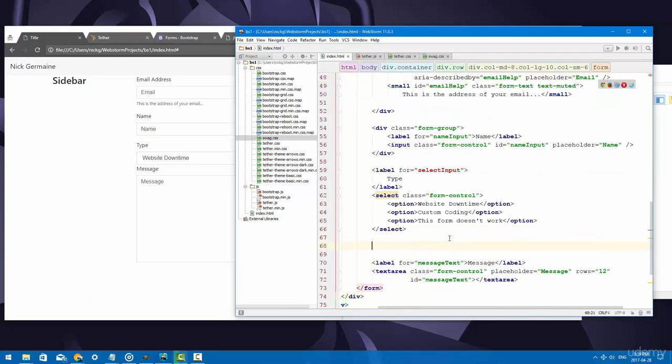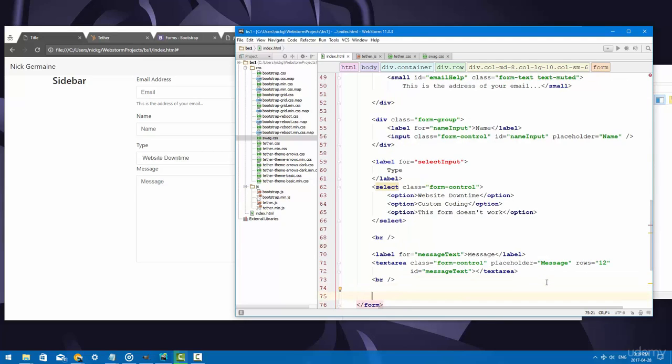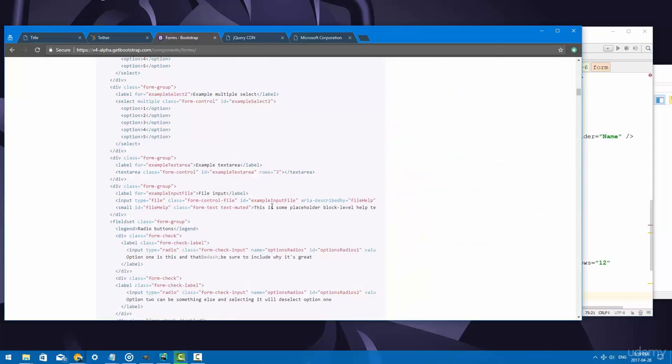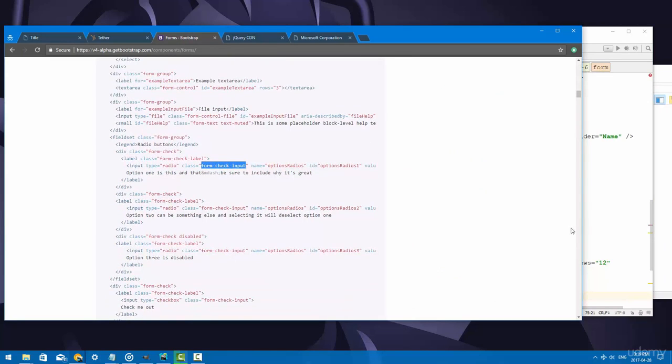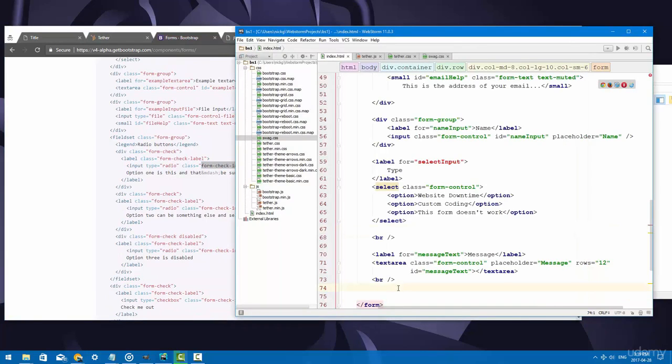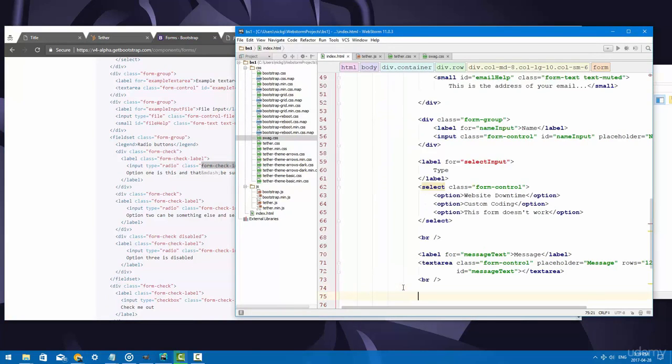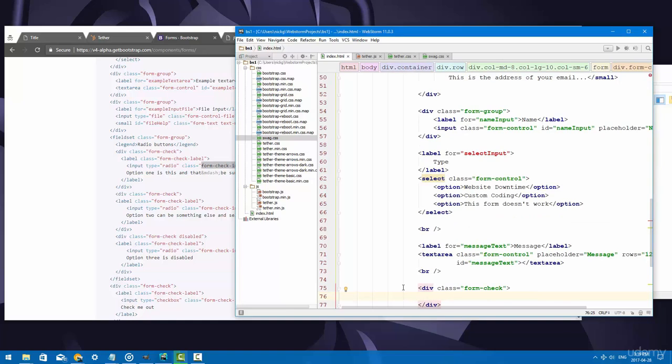Now, the one other thing we're going to talk about is checkboxes, and I'm going to put a line break here. We're going to talk about checkboxes right now, and then we're going to start talking about buttons. So the checkboxes that we're going to be using, they don't have a form control class. They have a form check input, and you're going to use this on radio buttons and checkboxes. So let's go ahead and create a form group or form check. So div class form-check, and this is a holder. This is the container of the